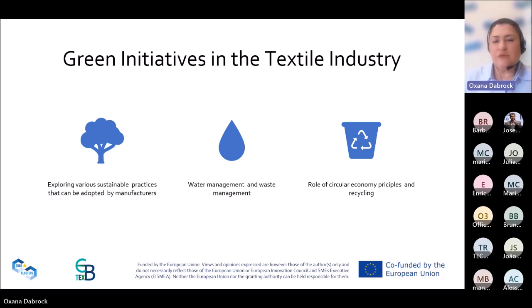For the green initiative, of course, there are many, but some of them is exploring various sustainable practices that can be adapted by manufacturers. One important green initiative is water management and waste management,